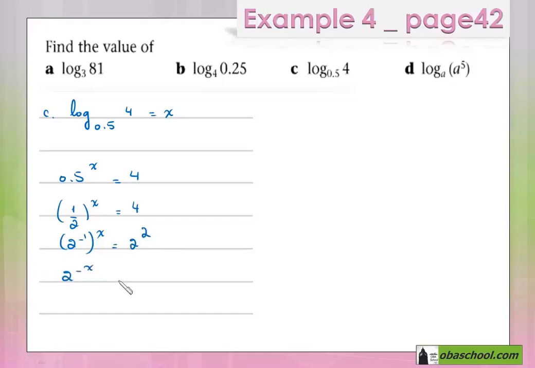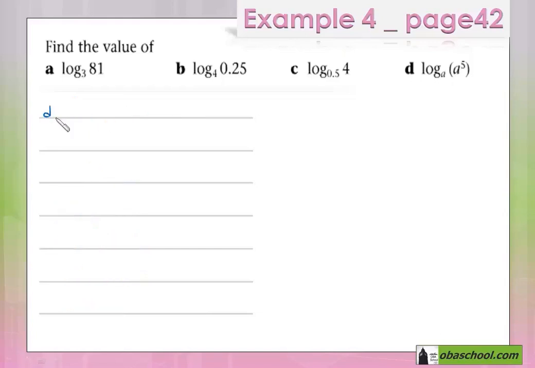And so in such case, this would mean that 2 to the power minus x is equal to 2 to the power 2. And so that would mean that minus x is equal to 2 and that x is equal to minus 2. So in such case, what we did here is that we changed the 0.5 into a fraction, found the reciprocal, and then solved a simple equation in order to find the value of the missing variable x. Notice that here, what we did is that we changed also the value 4 into 2 squared